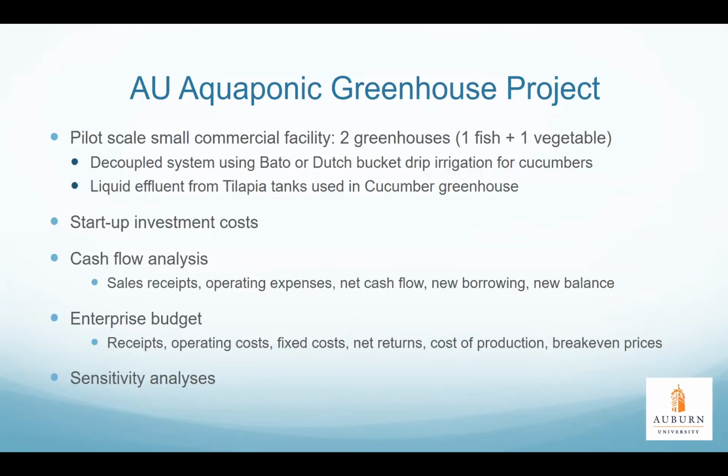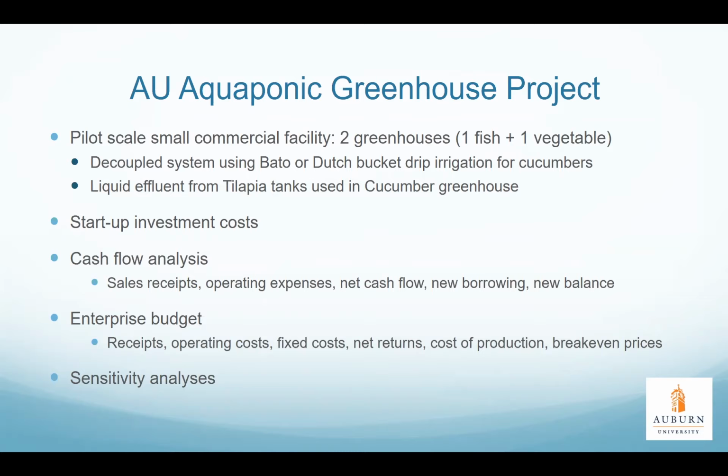So the Auburn University aquaponic greenhouse was built at a pilot scale. One fish greenhouse, we grow tilapia, and one vegetable greenhouse. What I'm going to present today was cucumbers, but we've also done cherry tomatoes. We've also done herbs, and in the final analysis, probably a profitable enterprise will have different items, but that depends